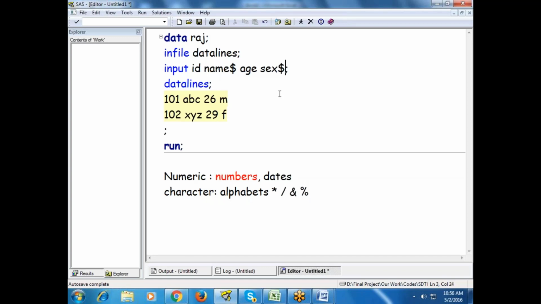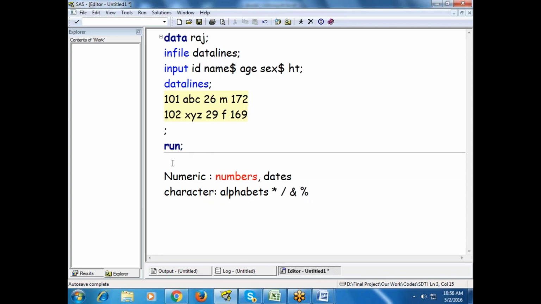If it is numbers, not required. Suppose height is 172 centimeters, 169 centimeters. If it is numbers, no need to give anything. If it is alphabets, you have to give a dollar symbol.